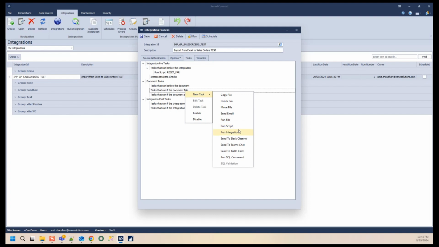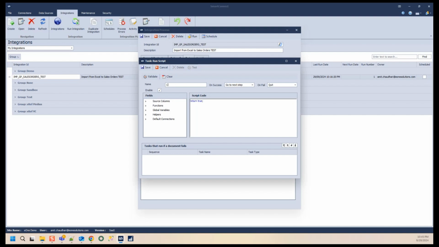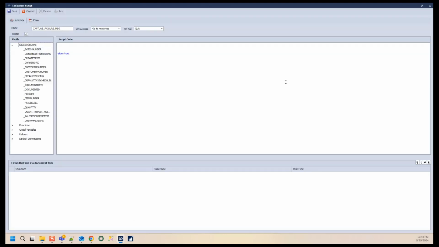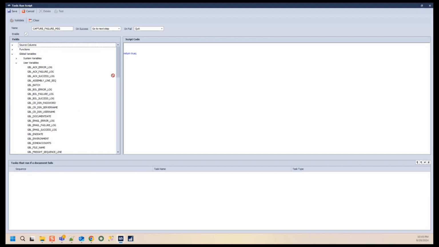So I'll click on the task that runs if the document failed, because I want to capture the failures. I'll create a simple script and give it a name like capture failure message. Then I'll maximize it and go to the global variables field. I'll choose my global variable, which is failure log, and take the existing value plus